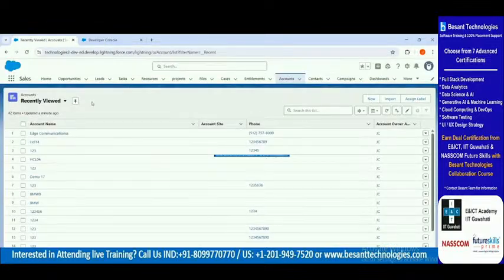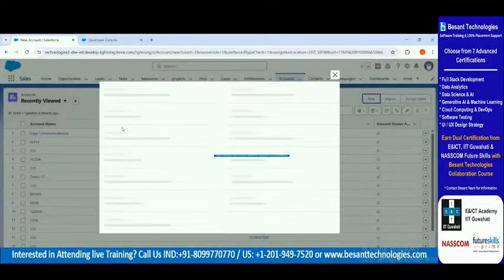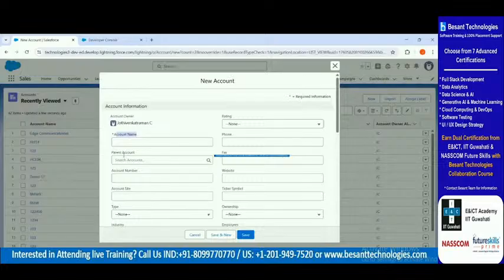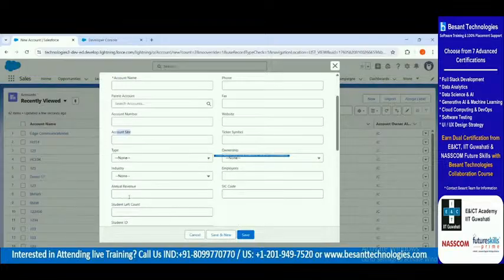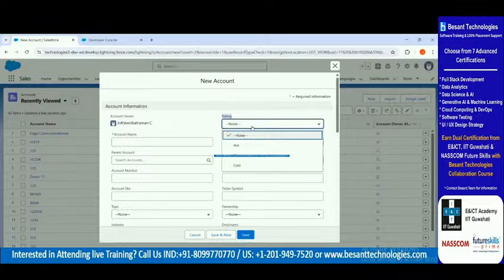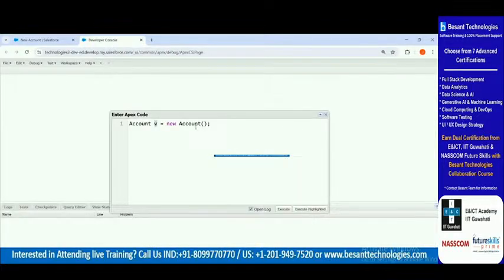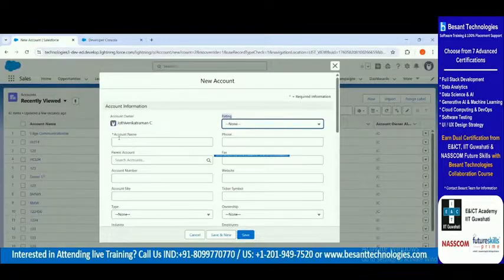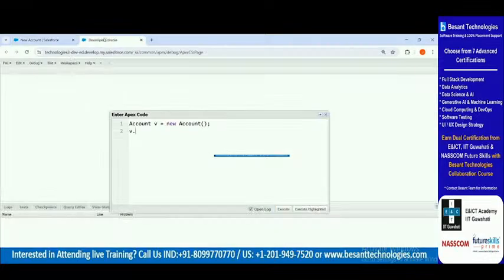What values am I going to add? These are the fields: account name, account site, industry, annual revenue, and rating, which is a pick list value. I'm just going to give the field values here. So v dot, here it is Account Name, but that is the label name. The API name for Account Name is Name. You can go to the object manager and check it. So v dot Name equal to